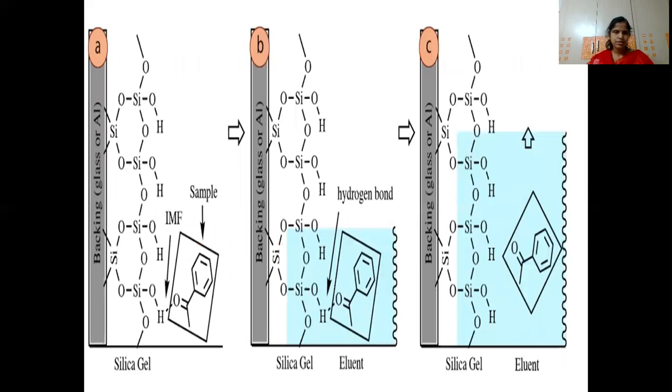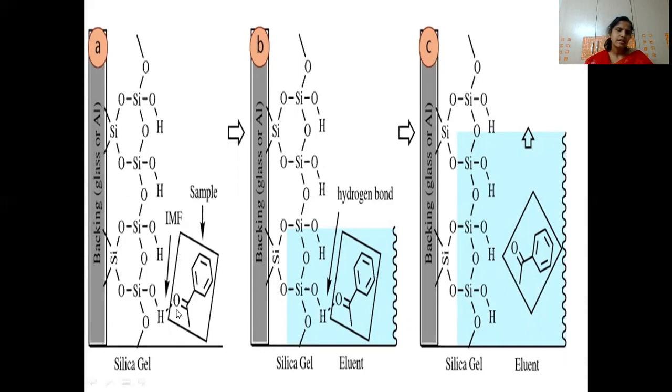Before going into that, you can see here in this picture, this is the silica layer, the stationary phase, and it has polar groups, OH groups. All these are hydroxy groups which are attached to the silica. As these OH groups are exposed on the silica, it is acting as a polar adsorbent. Now this is the sample, suppose, which has a carbonyl group, C double bond O. This is acetophenone. We are just taking this as an example of a sample.